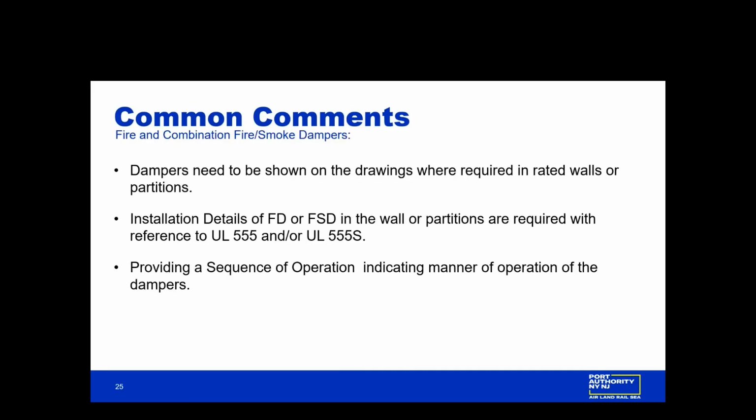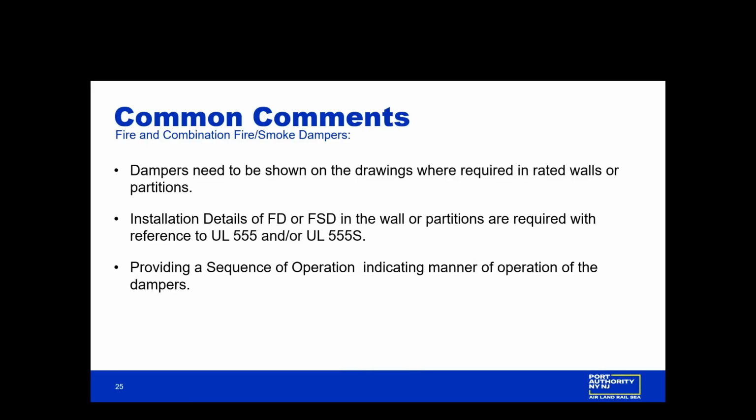Dampers need to be shown on the drawings, especially on required rated walls. Those rated walls are fire rated, and if there's a penetration, you have just jeopardized the integrity of the wall. So some kind of device needs to be installed at the penetration. And when that happens, if there is an occasion where the ductwork penetrates a fire-rated wall, please include details of